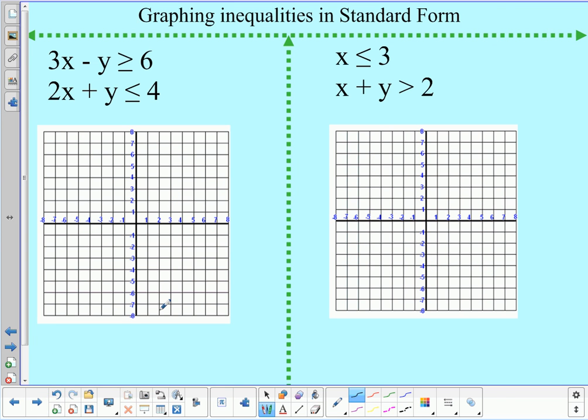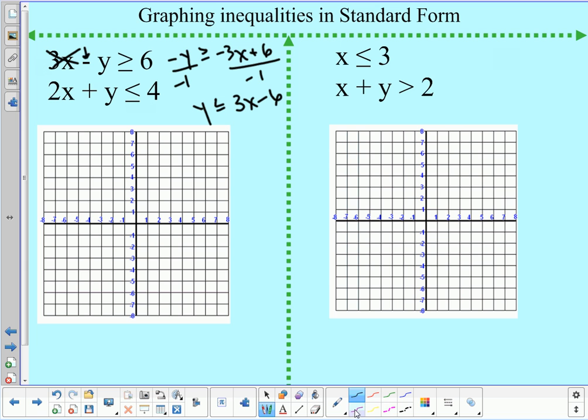Now in number 3, our lines are not in slope-intercept form, so I'm going to start with that first. On this top line, I need to subtract the 3x over, so I'd have negative y is greater than or equal to negative 3x plus 6. Notice that there was a subtraction sign in front of the y, so when I got rid of the 3x, that was still there. That's important because now I need to divide by negative 1, and that does a couple things. One, that changes the sign over here for all this stuff, but two, it also flips my inequality symbol. So I have y is less than or equal to positive 3x minus 6,